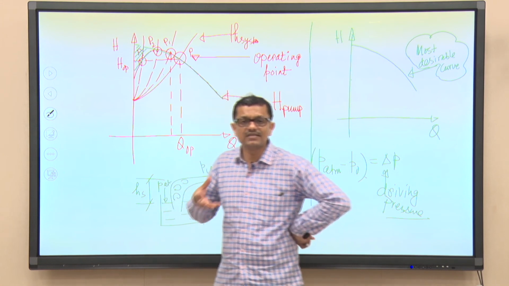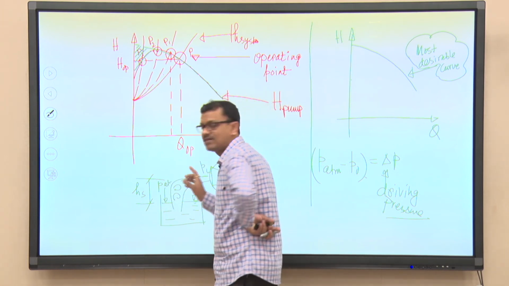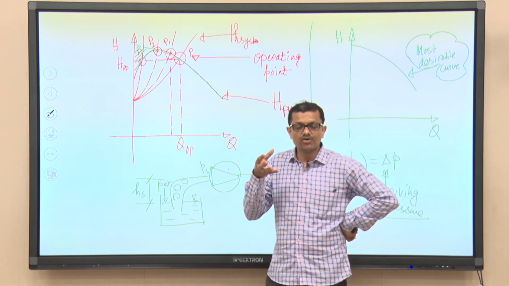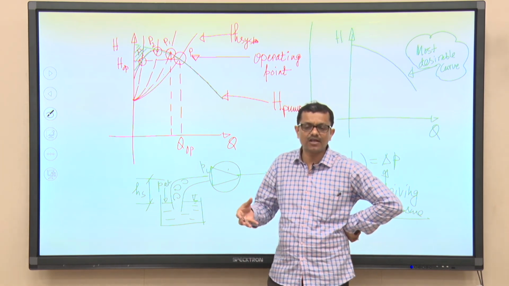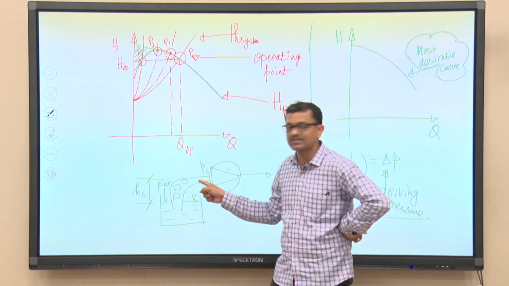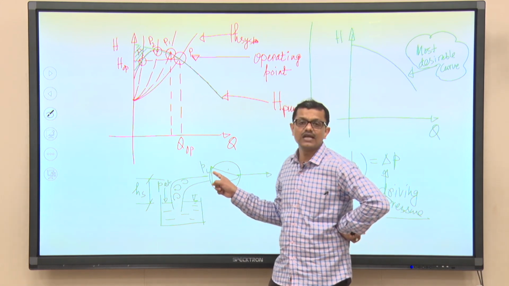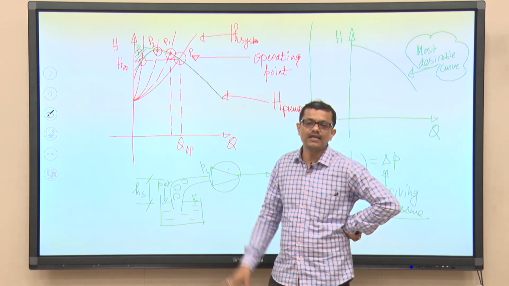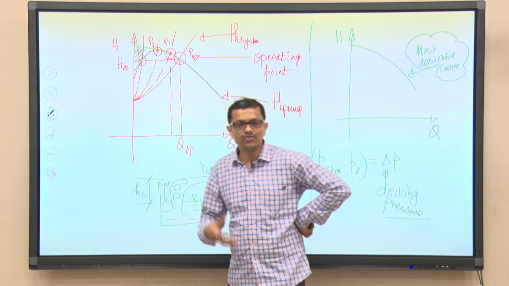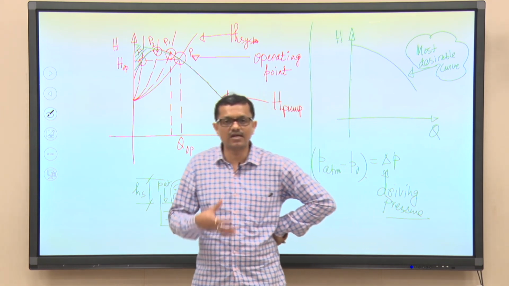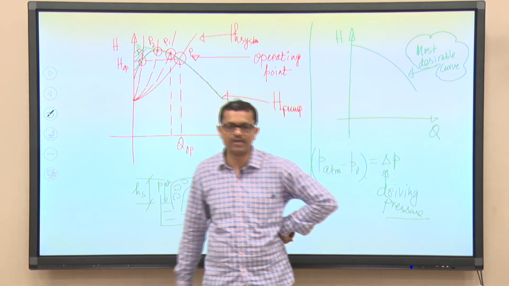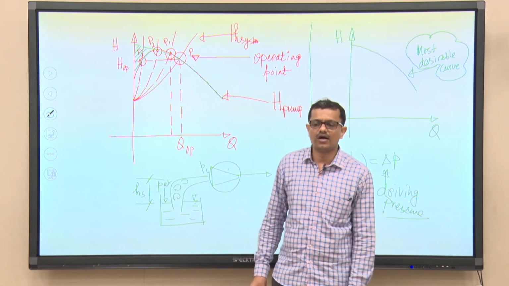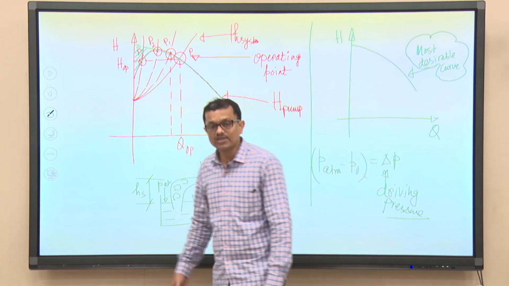Now, if the pressure is less, not only at Pi, but anywhere in the pump suction line, then the static pressure at any point in the suction line as well as at the inlet of the pump falls below the vapor pressure at the prevailing temperature. Then, as we have studied from thermodynamics, boiling will take place, and it has a significant consequence for the pump operation.